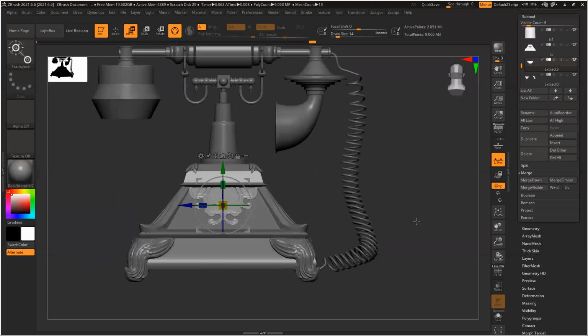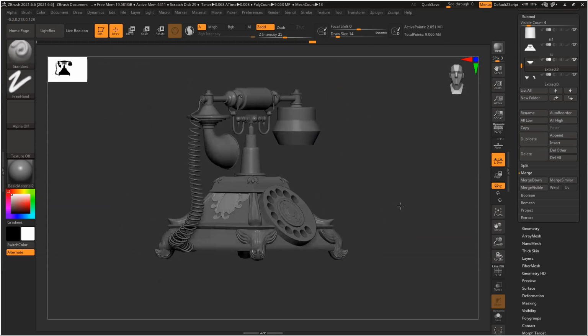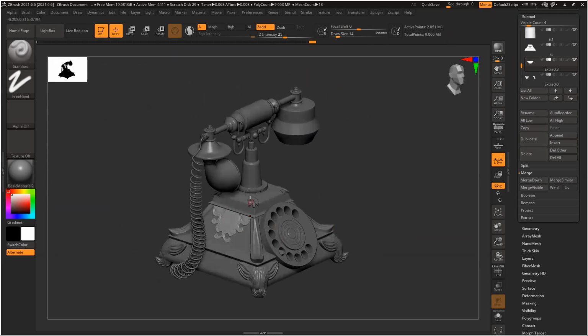Deselect, SQ to get rid of your gizmo. So you can see this design is ready. This design is ready. This is also ready. This petal is also ready. Now we have all those fine details, like all those petals and carving and all those things. So that is something we can also do very easily.